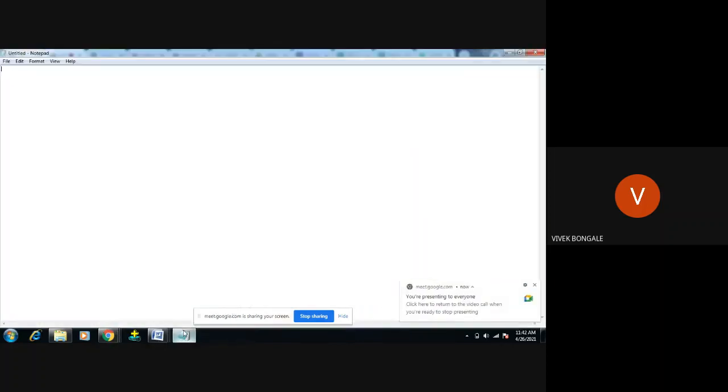So my code is like an untitled notepad. As I said, either you can execute in the Sublime editor or in the notepad with the help of XAMPP software. We're going to execute that one. So the basic first statement we're going to write in any HTML code is the document type.